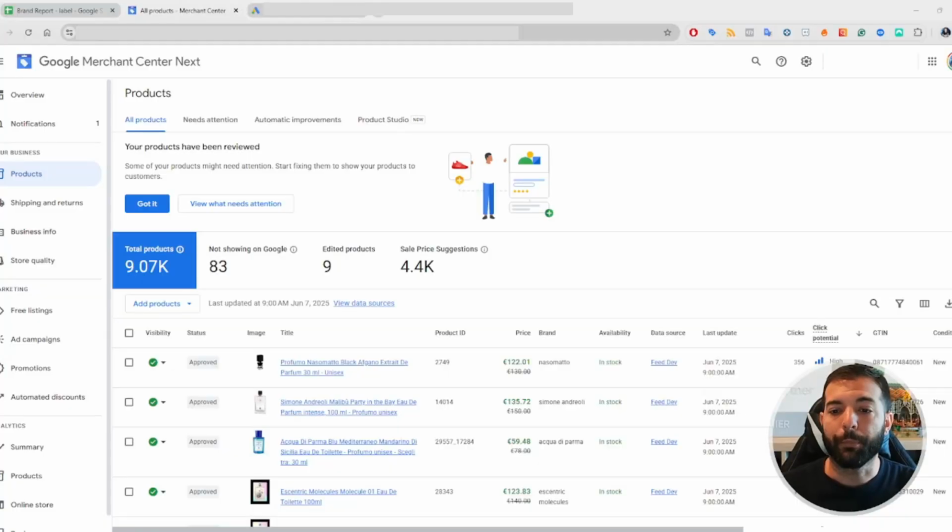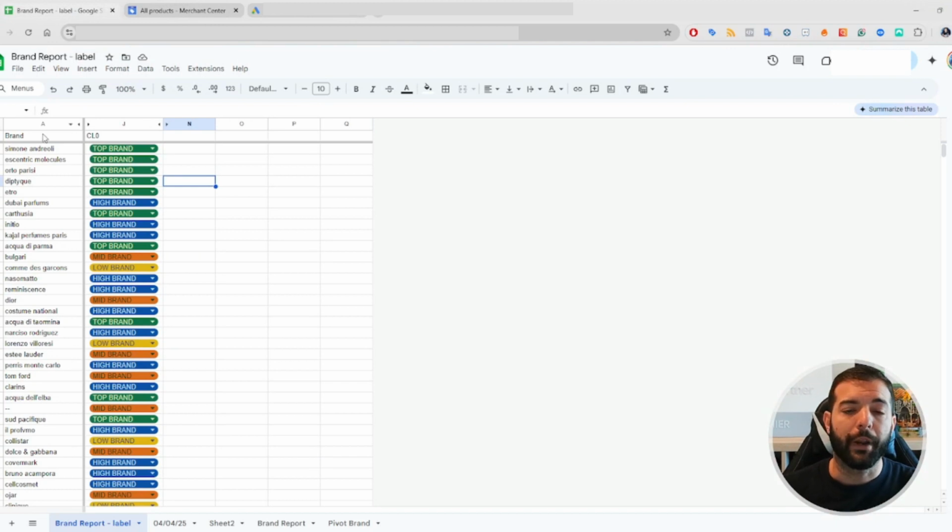Here we have our products in Google Merchant Center. So let's assume that we want to give to all of them a couple of pieces of information more, for example, margin, or if a brand is a top brand, high brand, medium brand, or low brand. So I already created a Google Sheet where I have in a column all the brands that we are managing in our Google Merchant Center, and another column based on sales volume. So if it is a top brand, high brand, low brand, mid brand,